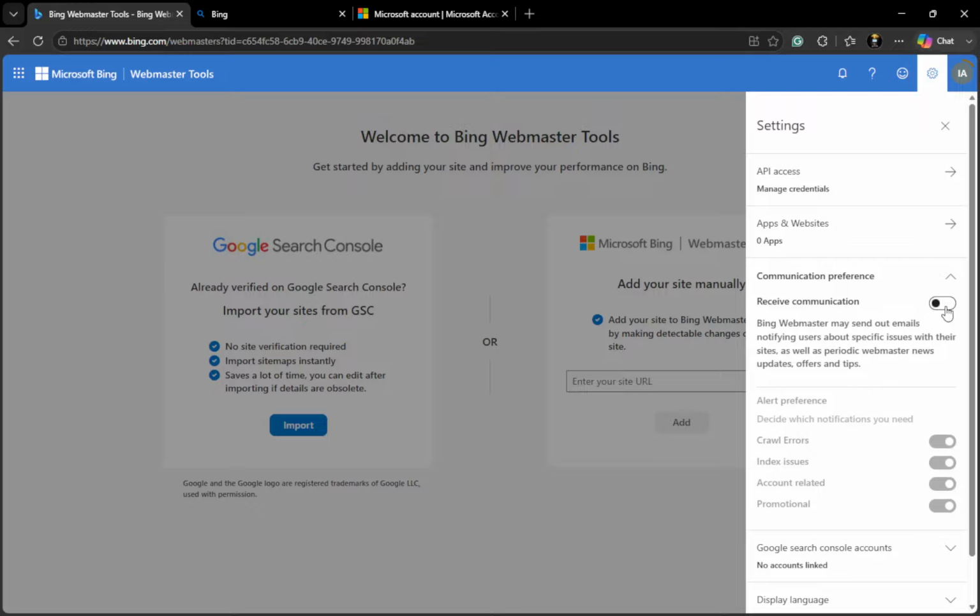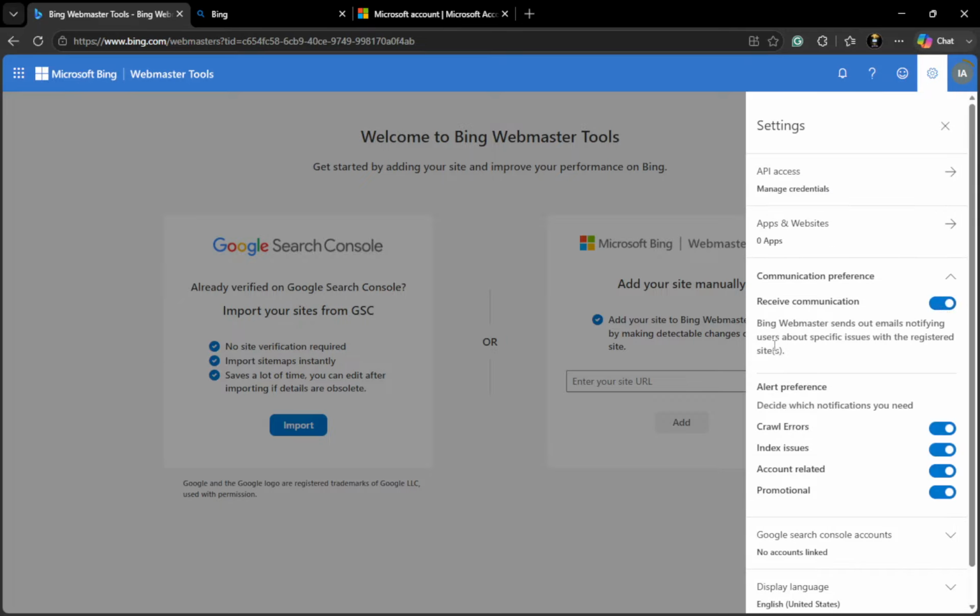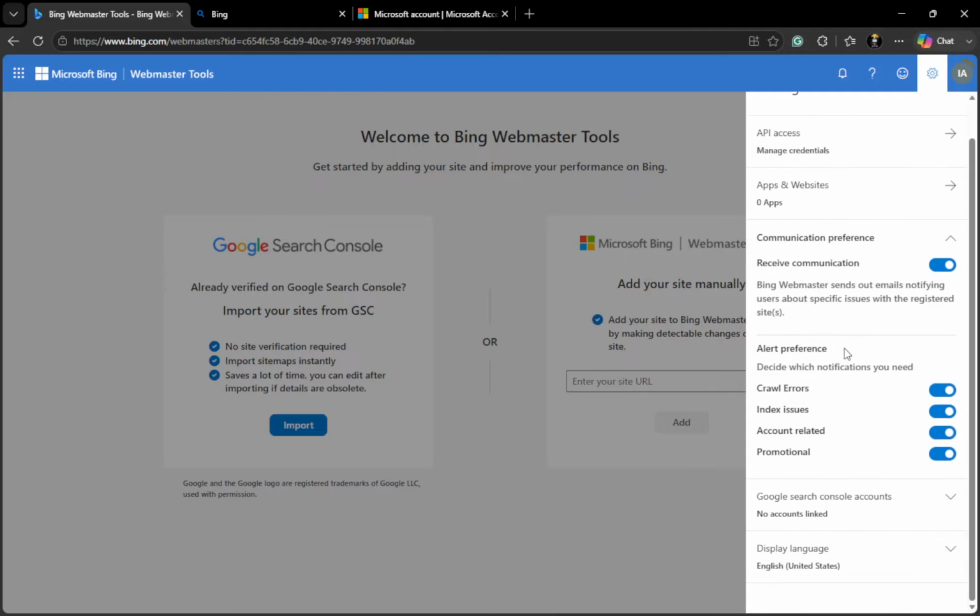Now, turn on email notifications. This action will enable the alerts to be sent to your registered email address. Once activated, you will start receiving emails based on the preferences you set. It's reassuring to know that by enabling notifications, you are taking a proactive step in managing your website's health and performance. This will help you address any issues promptly and keep your website running smoothly.